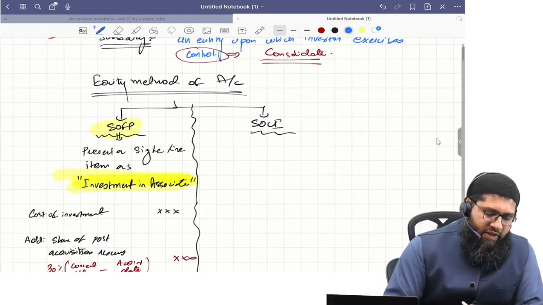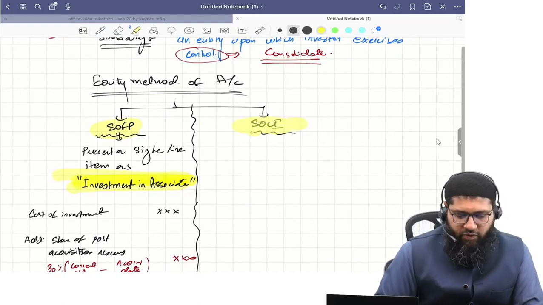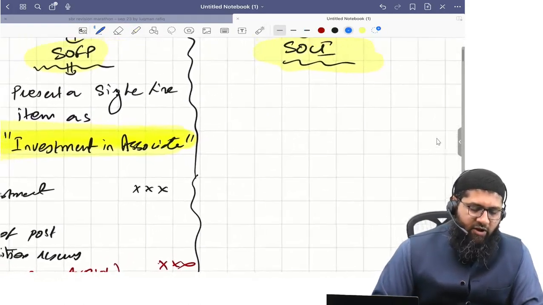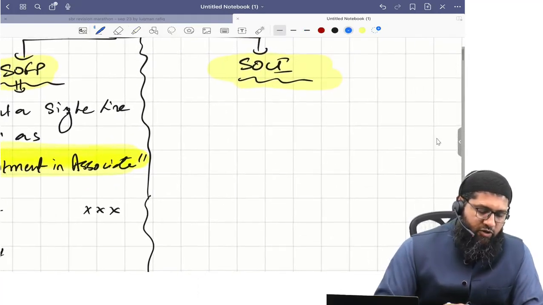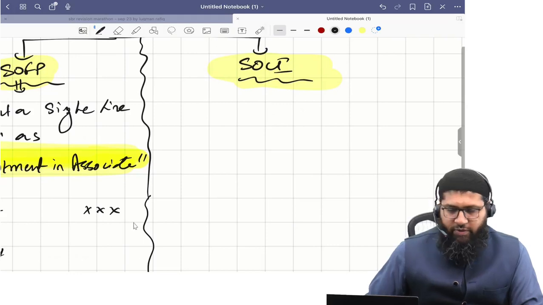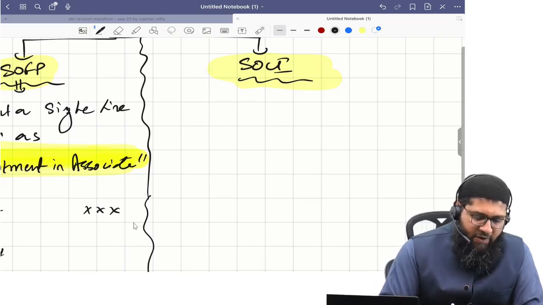Similarly, with respect to the statement of comprehensive income, let's try to understand this. For the statement of comprehensive income, what we do is that we present,